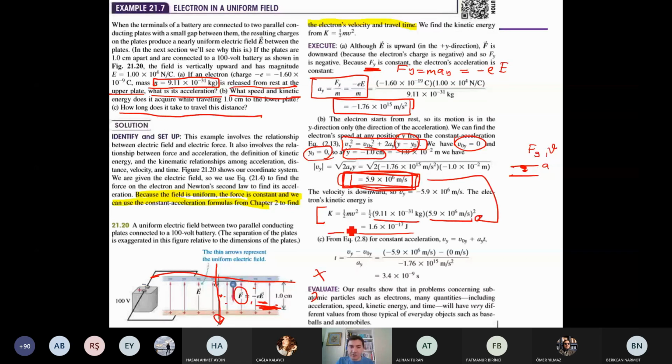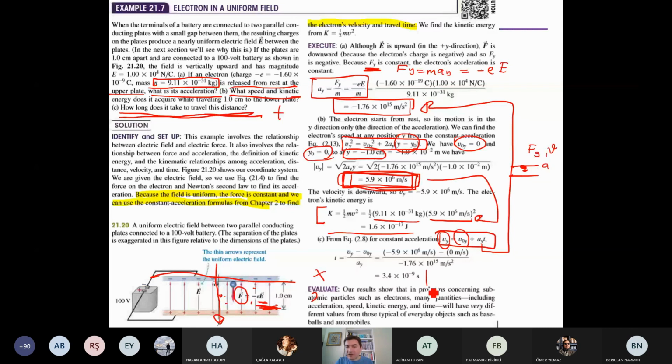And the last question, what is the time? How long does it take to travel this distance? What is the time? Look at the time. The result is very interesting. You can use this expression for the constant acceleration, again from chapter 2. Vy is equal to V0y plus ay times time. Ay is acceleration. We have already calculated it here. Just use this acceleration. And this is 0. We have also calculated the final velocity. Put all numbers here. Then you will find the time